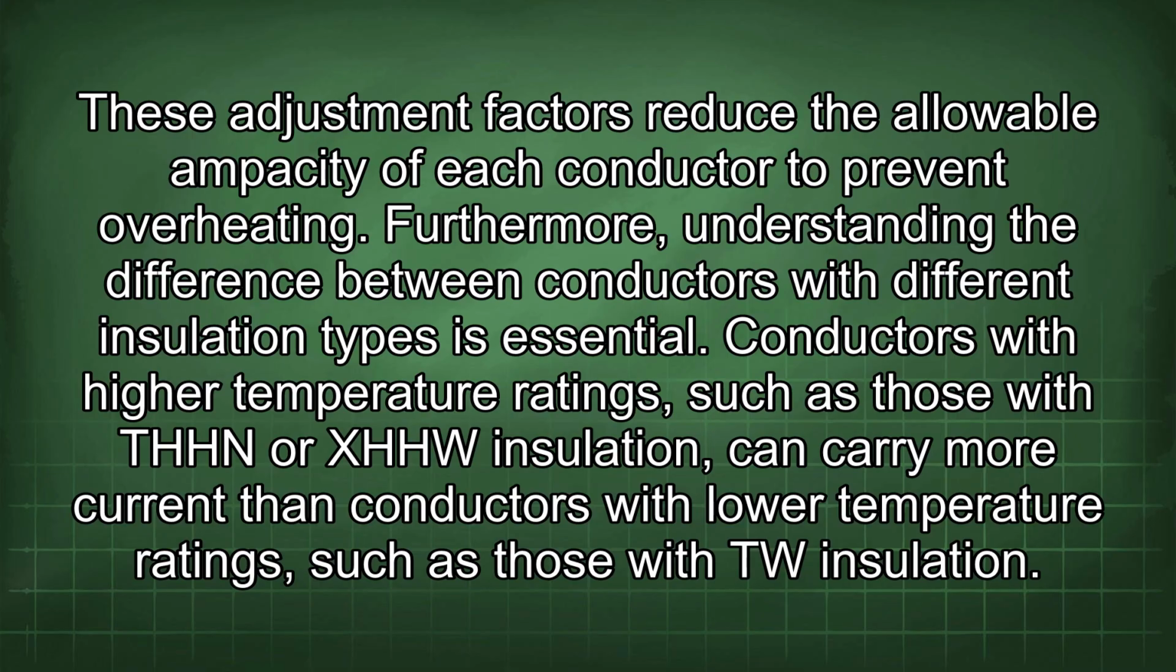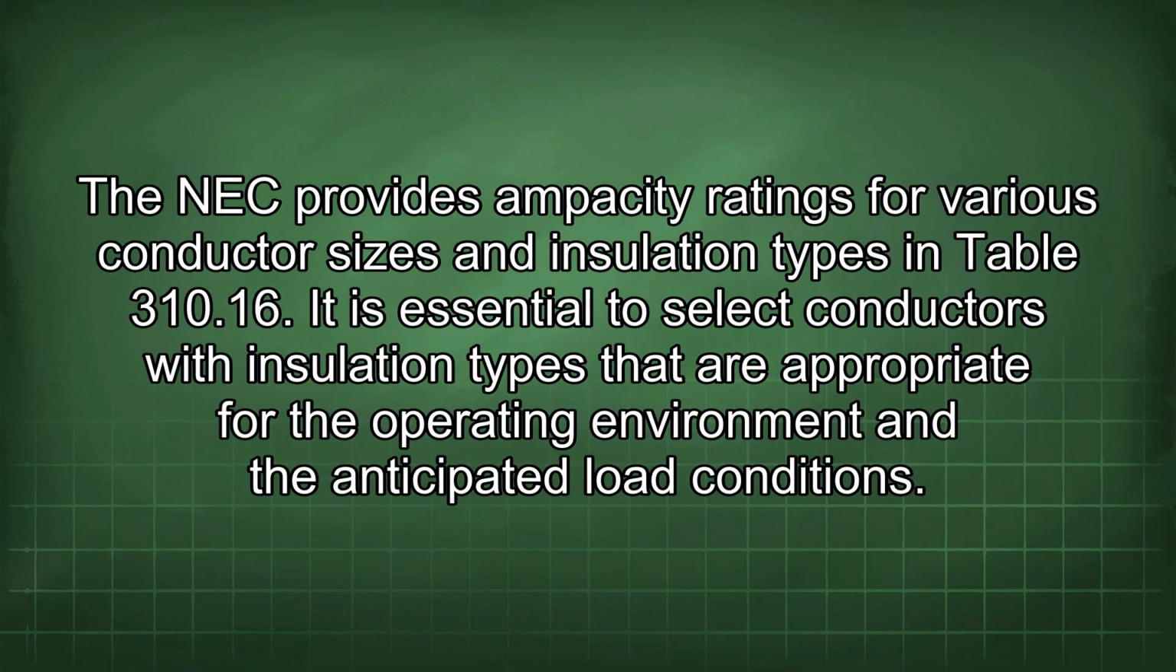Furthermore, understanding the difference between conductors with different insulation types is essential. Conductors with higher temperature ratings, such as those with THHN or XHHW insulation, can carry more current than conductors with low temperature ratings, such as those with TW insulation. The NEC provides ampacity ratings for various conductor sizes and insulation types in Table 310.16. It is essential to select conductors with insulation types that are appropriate for the operating environment and the anticipated load